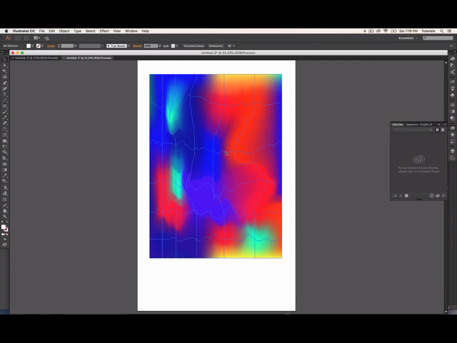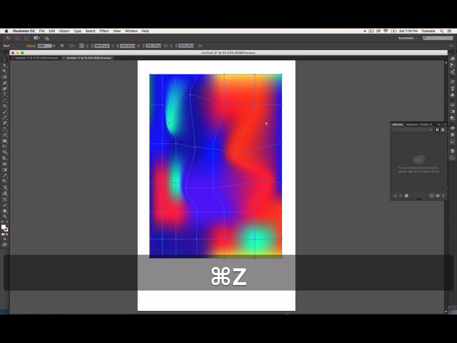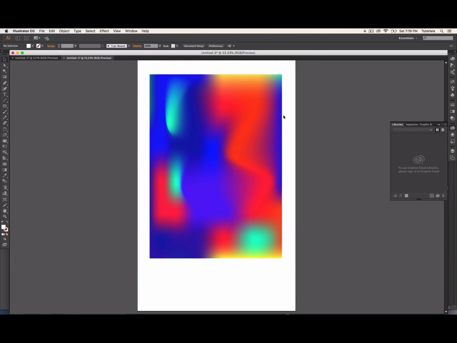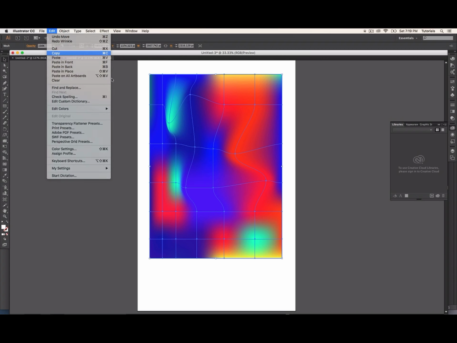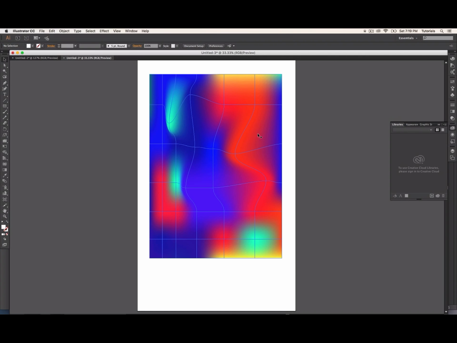I don't know what's wrong with Illustrator, but if you apply it too much, it gets stuck and doesn't work anymore. I tried with the best computer out there and still it gets stuck and loads for hours. And yeah, I don't know, maybe it cannot handle that much processing. So the next thing we're going to do is copy this. You can go to Edit, Copy, and jump back to Photoshop and continue editing this in Photoshop. So